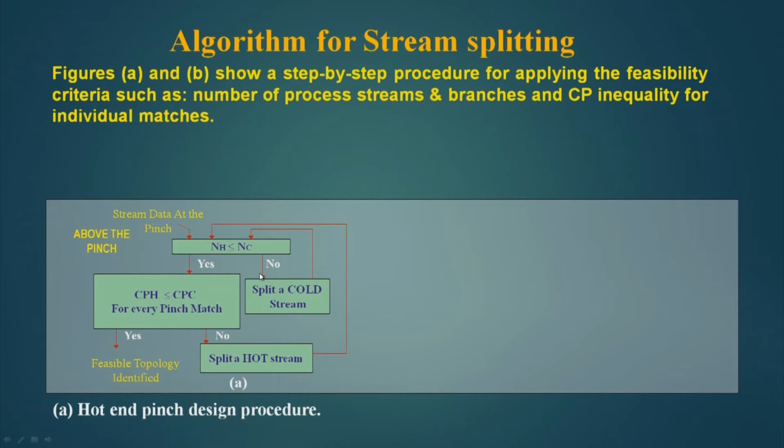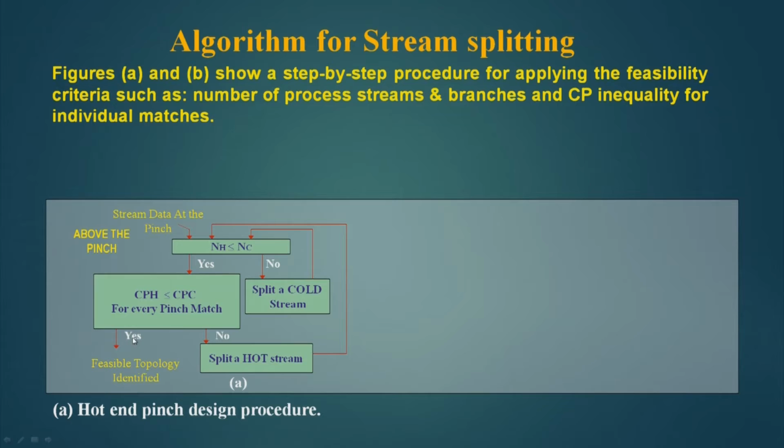If it is no, then we will split a cold stream and again we will go to check this rule whether it satisfies or not. If it satisfies, then we come via this line and then check whether Cph is less than Cpc or not for every pinch match. If it is yes, then a feasible topology is identified or a match is placed. If it is no, then split a hot stream and again we move to this place,